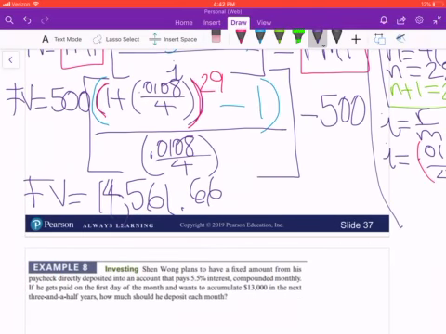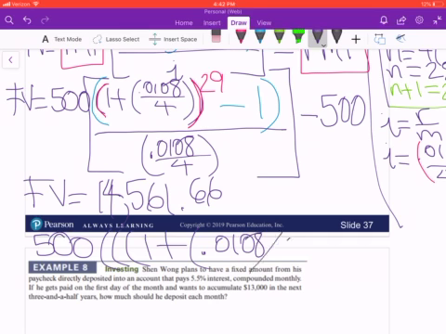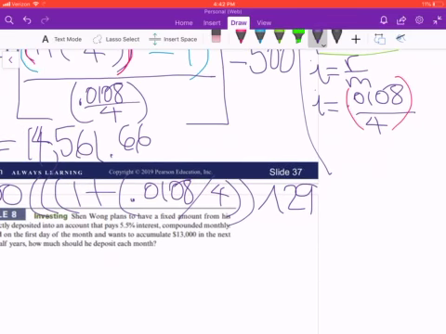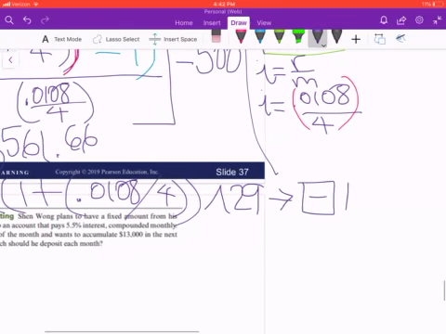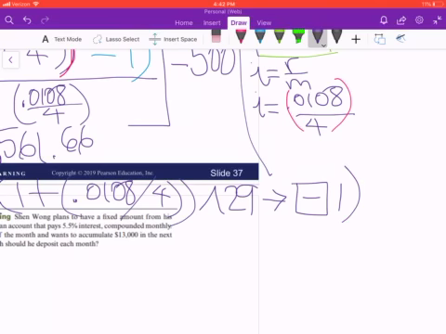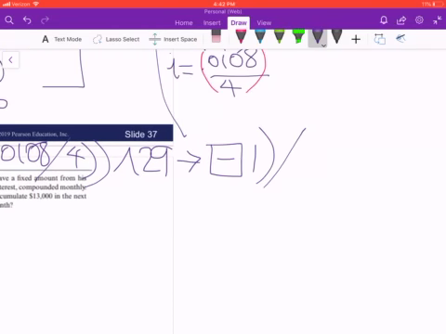And the way that you will enter this on your calculator will be as follows: 500, triple parentheses, and then 1 plus parentheses 0.0108 divided by 4, close parentheses twice, exponent 29. Then you move to the right side, minus 1, you close your parentheses for the numerator, then divided by, open